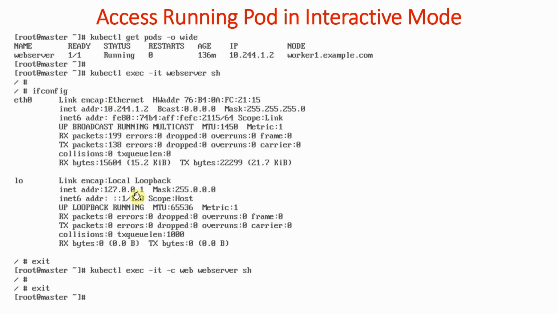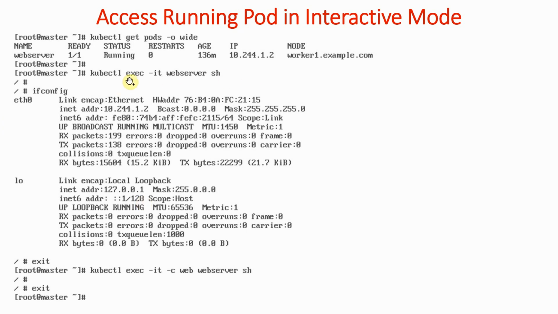That means we are going into great detail so that your fundamentals are clear, how this works, how we can access the pods. For each and every object we will be going into great detail, to make your fundamentals clear. Once the fundamentals are clear, you can go into great lengths. That means you can understand all the things deeply, and you can handle Kubernetes in a very good manner.